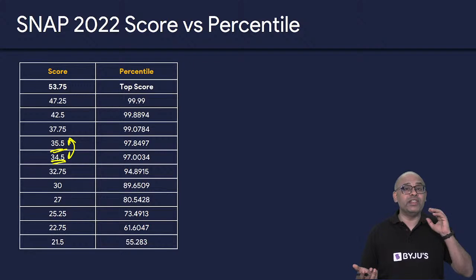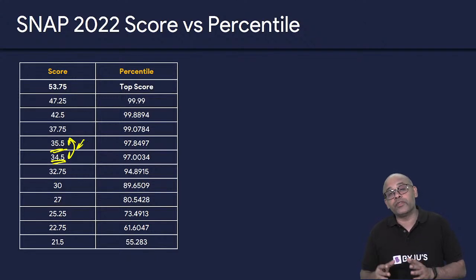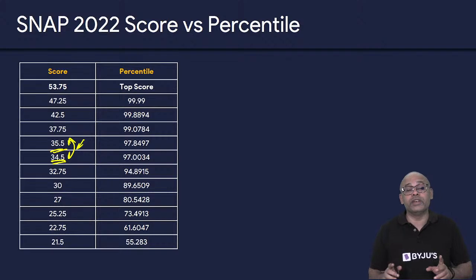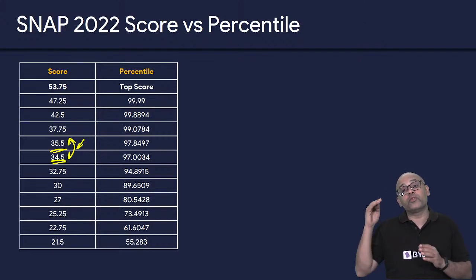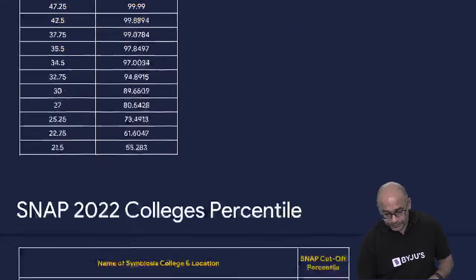Last year it was very lengthy, crazily lengthy. So the cutoffs fell drastically. This year, however, we expect the cutoffs to go higher. The percentiles will remain the same, but the score will go higher. Therefore, we expect the cutoffs to touch 40, 41. That's where the cutoffs are going to be.